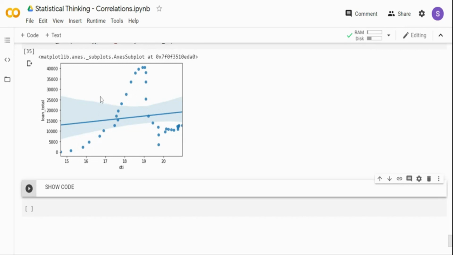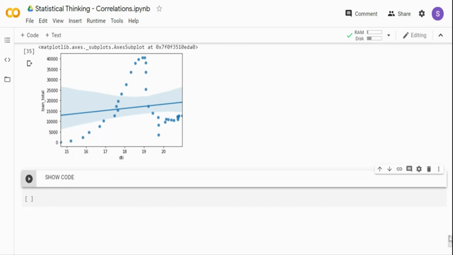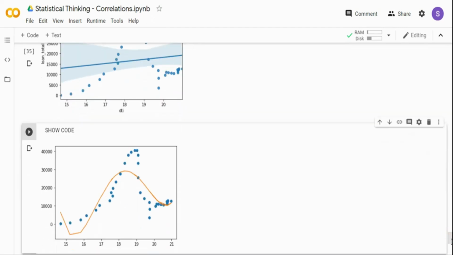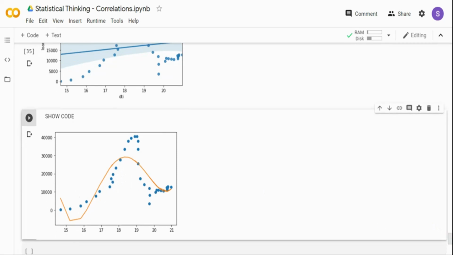You can see that. Now what I can do is fit a third order polynomial to this. I can just do a non-linear function, and in the next video I'll also show you how to determine which quadratic or polynomial function to fit the data. Let me quickly run this. Now you can see I have tried to fit a third order polynomial here, and you can see the output. But the problem is a lot of points are completely away on the top. The bottom one does not have any pattern at all, and even if I use this model, I'm not going to get any solid prediction here.